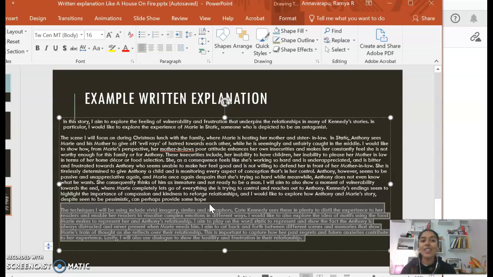Is that not like such a complex idea just being shown in a really simple way? That is the power of a good simile or metaphor. We are able to understand how it feels, because we know what a muscle is and we know what flexing is, and that way we can understand a complex idea of a relationship dynamic. Okay, so this is a written explanation, and then hopefully I'll just do another video